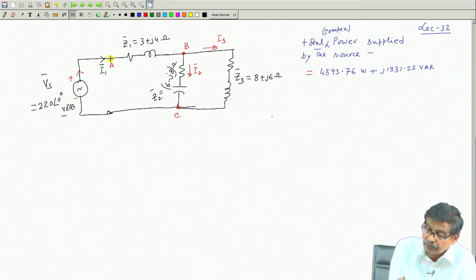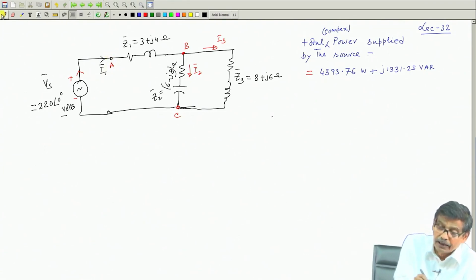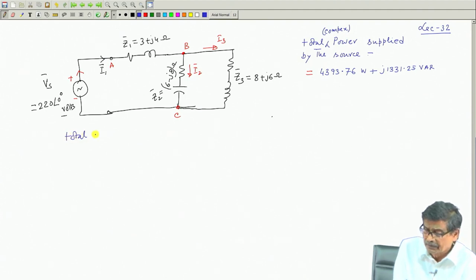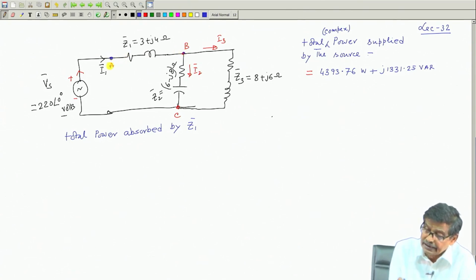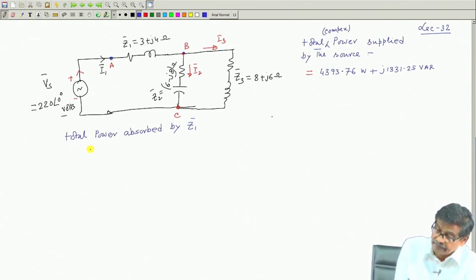See, this is one load, one impedance Z 1 bar. So, I will write the total power or complex power absorbed by the element Z 1 bar. So, these are its two terminals, and you see current I 1 is entering through A, and so if you calculate V bar AB into I 1 star,